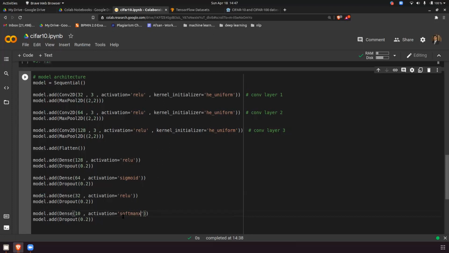There is a typo. Okay, so typo error, sorry, softmax. So this is the architecture. Theoretically it looks tough, but when it comes to coding, it's very simple because of Keras. All thanks to Keras and the TensorFlow framework. We just have to decide the number of parameters and stuff, and building the architecture is very easy. Yes or no? Building architecture is very easy.